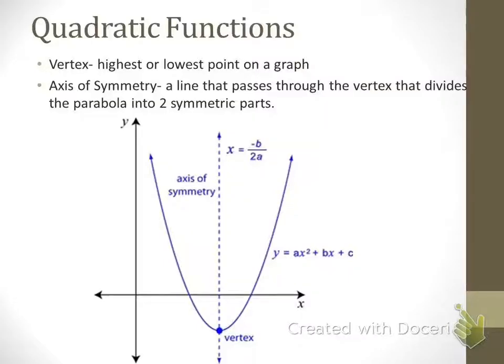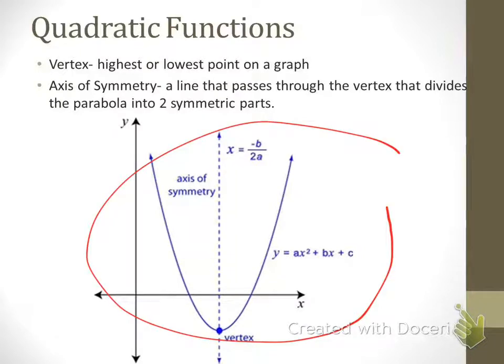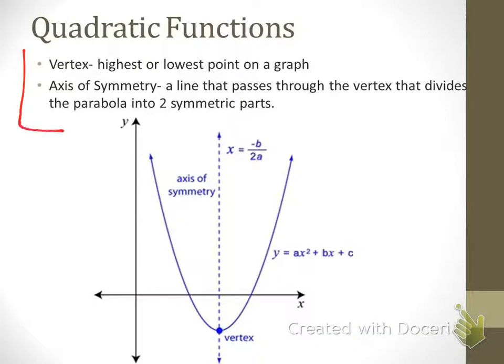Now, let's look a little more in depth into this graph. Again, you don't technically need to draw this. I mean, it might be a good idea if you want to go ahead and just write this down. But I'm mainly concerned with you getting these things down right here. Okay? I just talked about the vertex and how it's either the highest or the lowest point on a graph. Now,